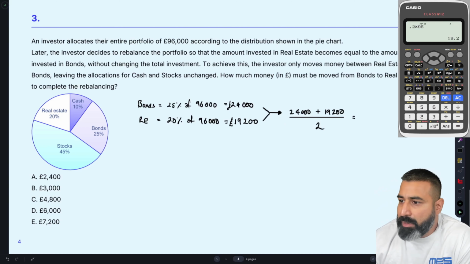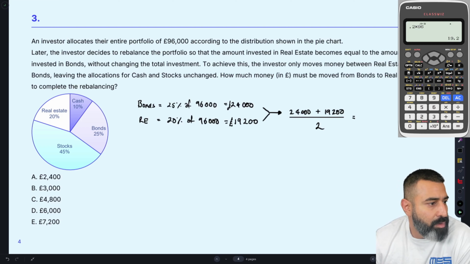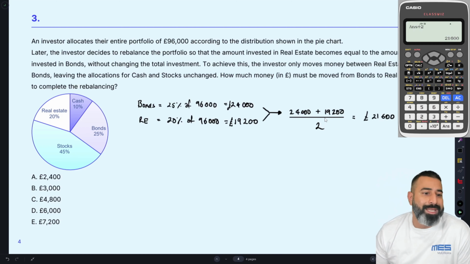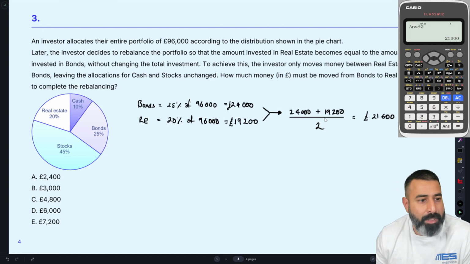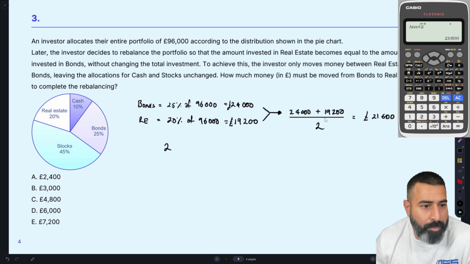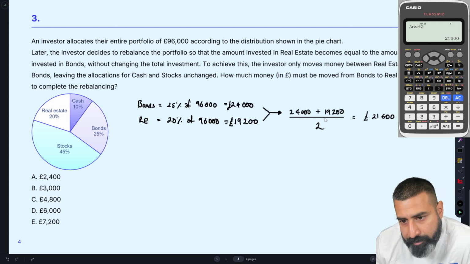So let's figure out what that point is. 24,000 over 2 gives me 21,600. So we want to equalize them. So we want to set them both to 21,600. And to do that, what we're going to do is for bonds, so we need to move from bonds